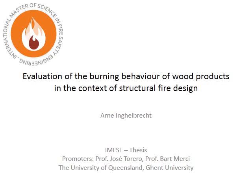So the title of the thesis is The Evaluation of the Burning Behavior of Wood Products in the Context of Structural Fire Design. I conducted this thesis at Kent University under the supervision of Professor Bart Mercier, and I was also lucky to be able to do an internship at the University of Queensland for this thesis under the supervision